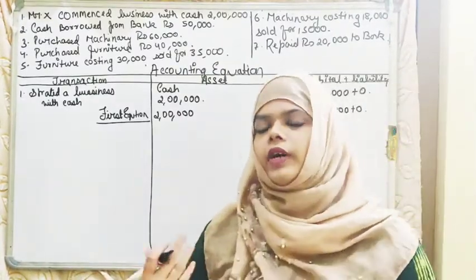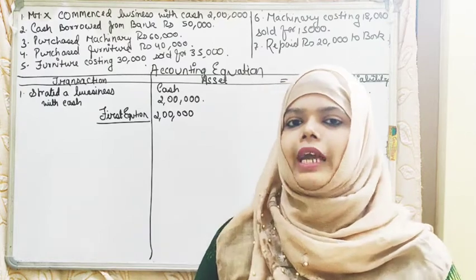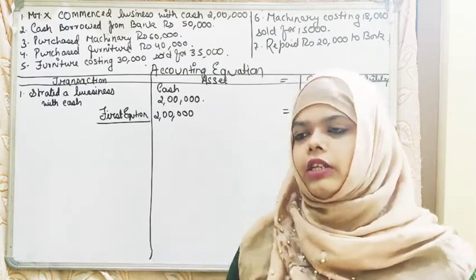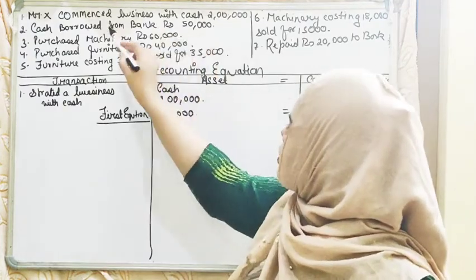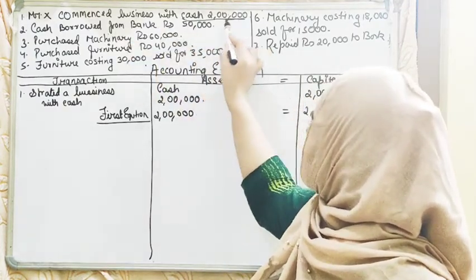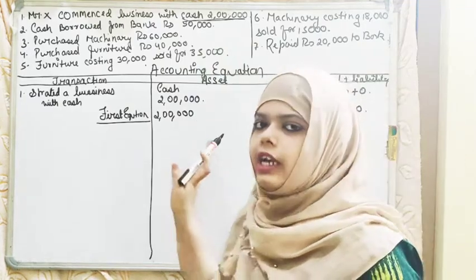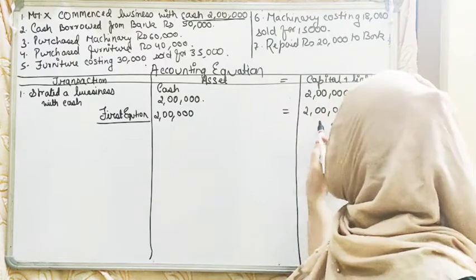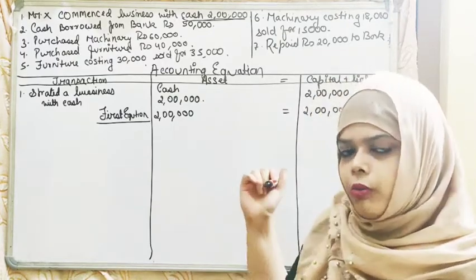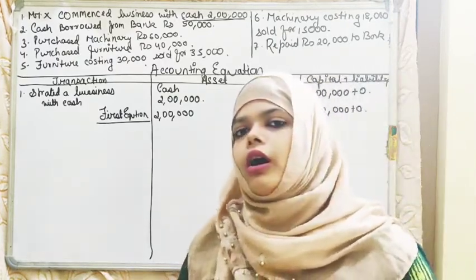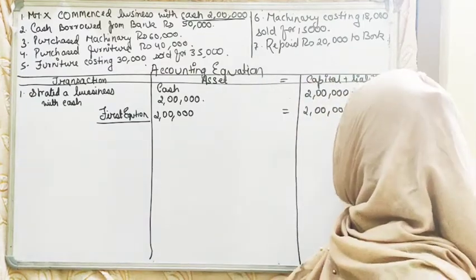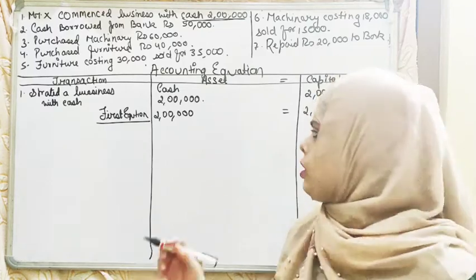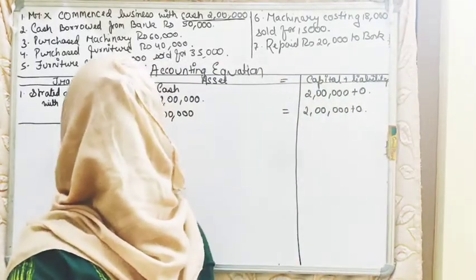Because it is simple: when we commence a business, there is only capital and cash existing in the business. The business owner has brought in the capital as cash. So it is an asset, and we are writing it on the asset side. When we start a business with some amount of money, that is called capital, so we have written it in the capital column also. But here there is no part of liability, so we have written plus 0, because there is no liability in the business till now. We'll close the first equation with a line.